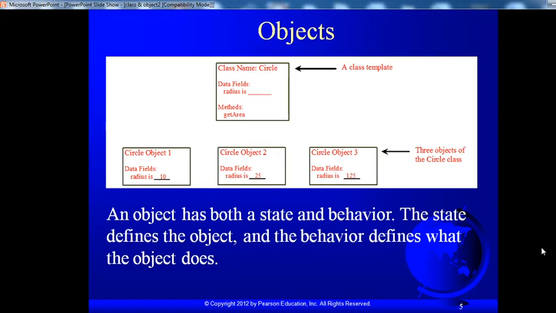You can define one circle object with its properties, that is the state, radius, and its behavior depends on the method getArea. And you can define three different objects of the circle: object 1, object 2, and object 3 with different radii 10, 25 and 125. An object has both state and behavior. The state defines the object and the behavior defines what the object does.